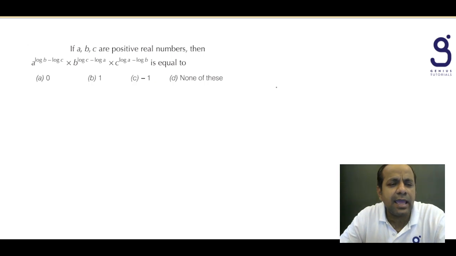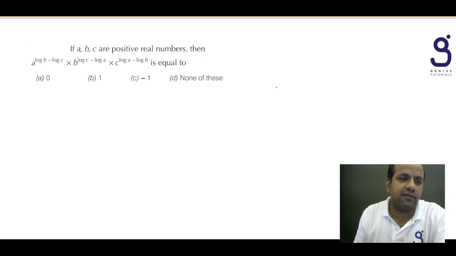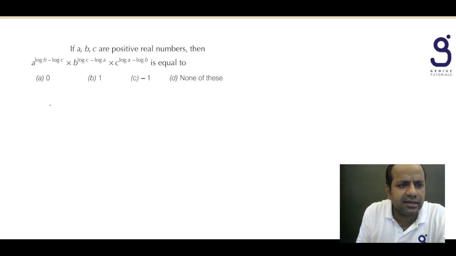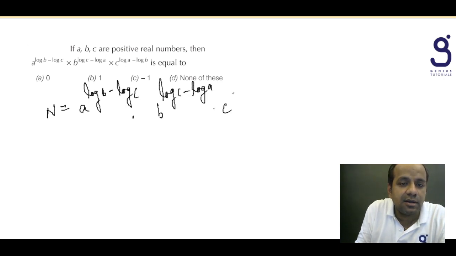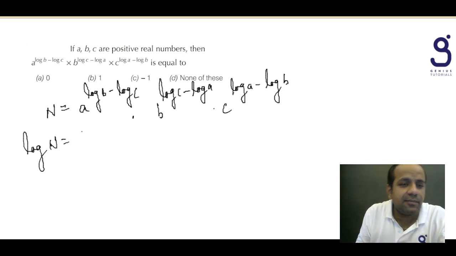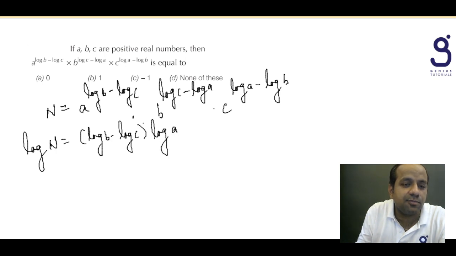The question here is, if a, b and c are positive real numbers, we need to figure out the value of this expression. कैसे निकालेंगे? Let's say that this expression is equal to n, a to the power log b minus log c into b to the power log c minus log a into c to the power log a minus log b. Taking log both sides, we can say that log n will be equal to, now if I'm taking log, we can say that this power will be multiplied, log b minus log c into log of a. This product can be changed into sum, log c minus log a